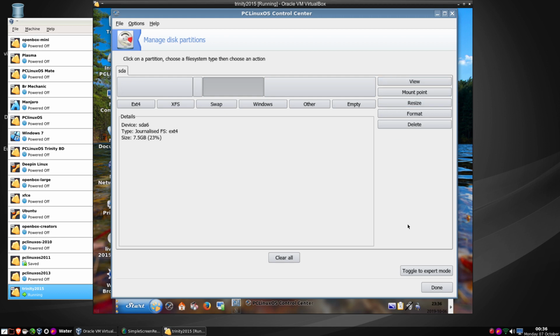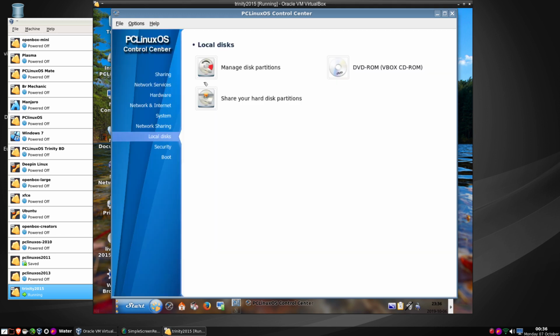There is no move. Oh, hang on, can I toggle? We can view, we can do types, we can do options, and we can resize, but it looks like I cannot move the file system over. Okay, but what I can do though